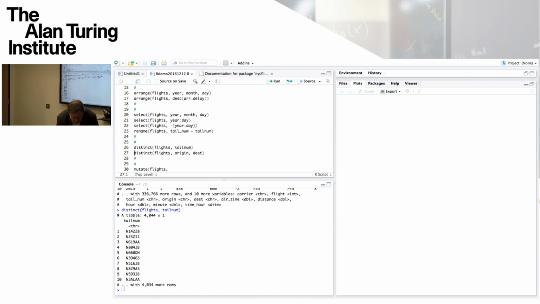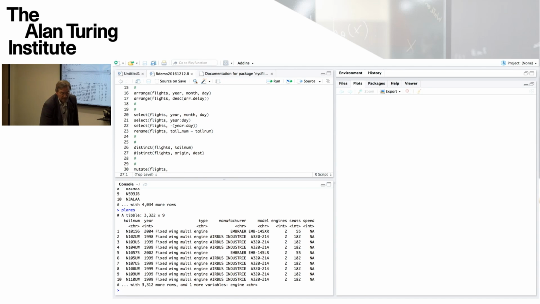Actually, maybe I should have a little peek at that other data set. So planes is a set of attributes associated with the tail numbers. So there are 3,322 distinct planes that were observed in this data set of all the flights in 2013. And there are 9 columns of information. So there's the tail number, which is a primary index on that.